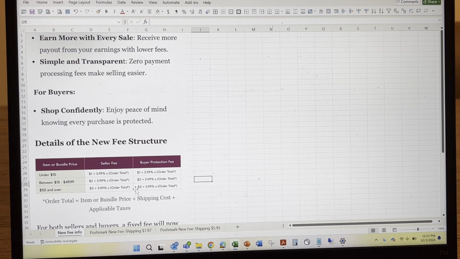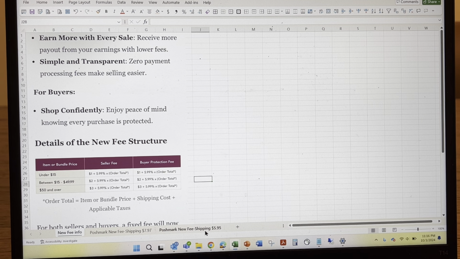So let's go over some of the math to illustrate how much in fees Poshmark is charging, and how much the buyer and seller are each paying. I have created two tabs here because the other item that's changing, I think for Poshmark ambassadors, is that they are rolling out this special where the shipping to the buyers would be $5.95 through the end of the year. I'm not sure if this is going to change, or whether there will be a subscription fee paid by the seller to maintain this lower shipping